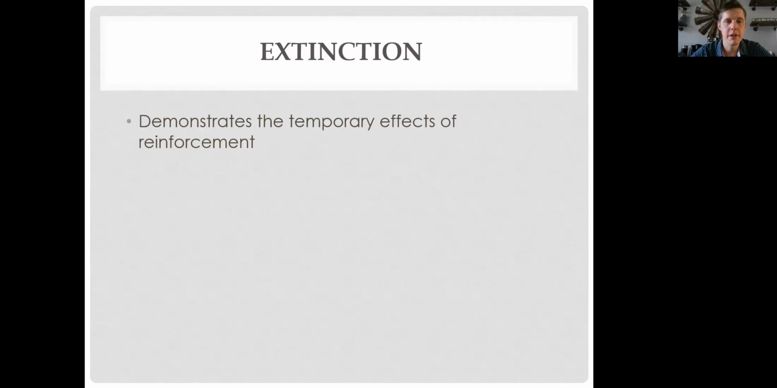So extinction demonstrates that pretty much all of the effects that reinforcement has on behavior are temporary, so they can basically be gone. Only under certain circumstances in which a behavior might be reinforced a few times does it continue, and those are going to be cases where you're training an individual to contact some type of natural contingency. Say, for example, I wanted to train my dog to operate a ball launcher,